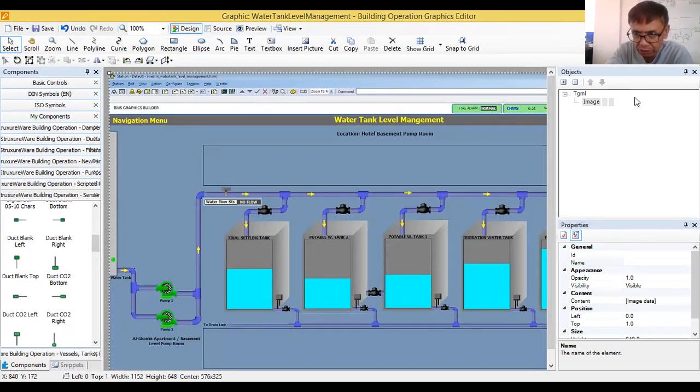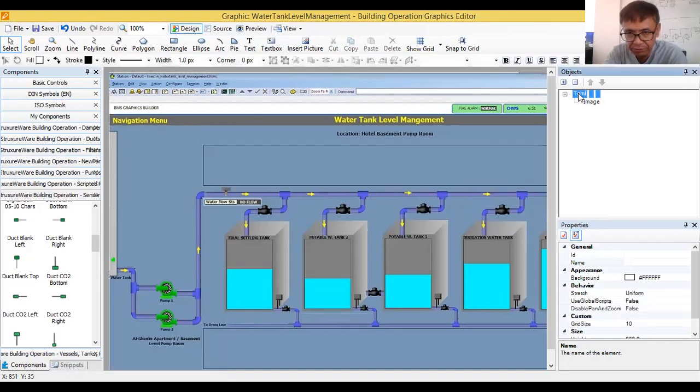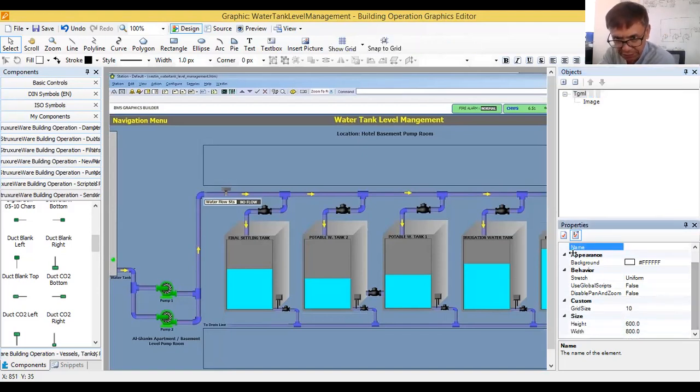I think what we need to do first is resize our TGML file. The current default size is height 600 and width 800.